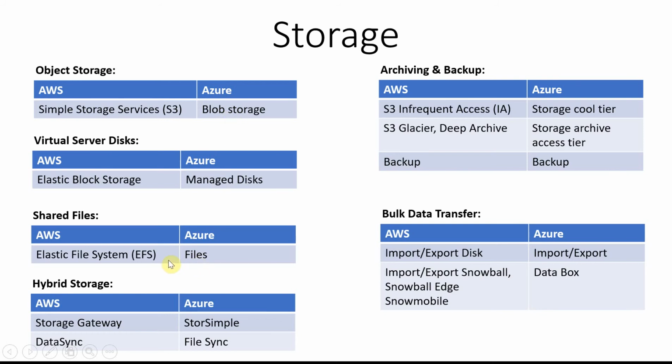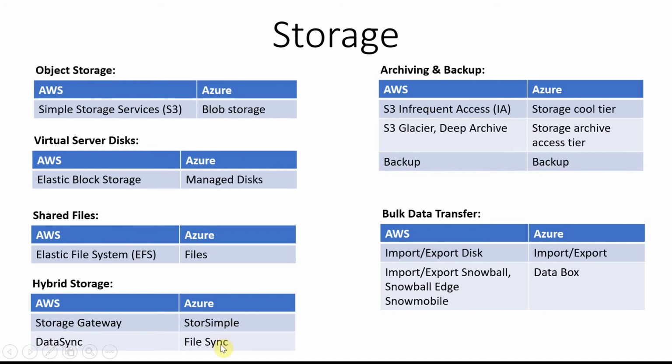But there will be a requirement of hybrid storage where you want to transfer data between the on-premise data center and the cloud. So then we're talking about a hybrid strategy here. When I say hybrid, it is on-premise and cloud. You want to have a common storage on-premise, and once you put the data into that, it will automatically sync behind the scenes to the cloud. That's called a hybrid scenario. For the hybrid scenario, the solutions are Storage Gateway on the AWS side and StorSimple on the Azure side.